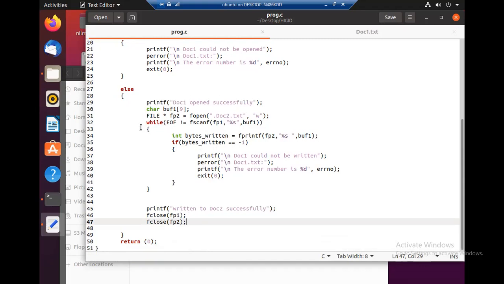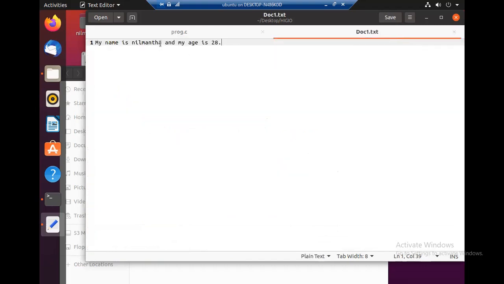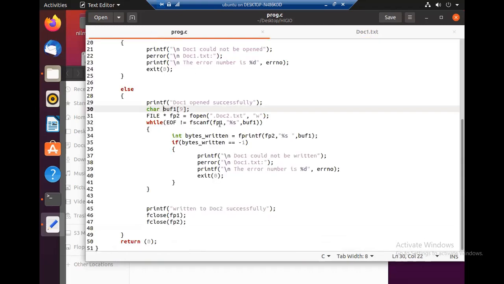Right. So what was done here was, I just created a small memory to store each word. The maximum word size is this one, 9 characters.